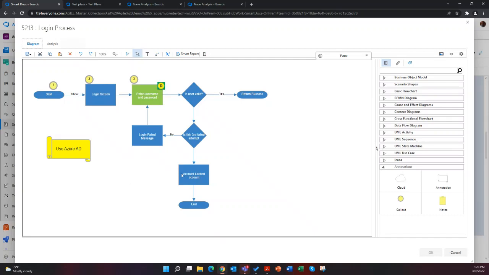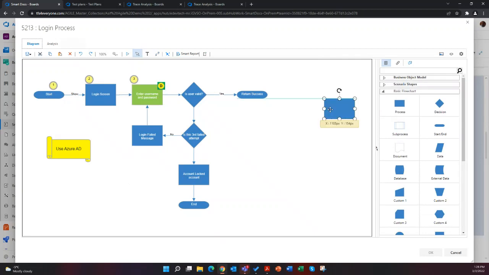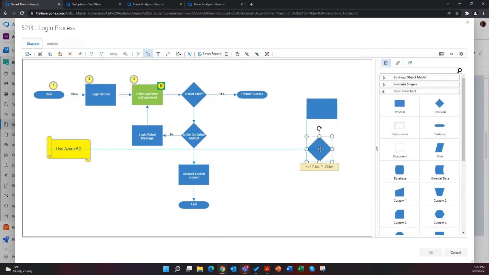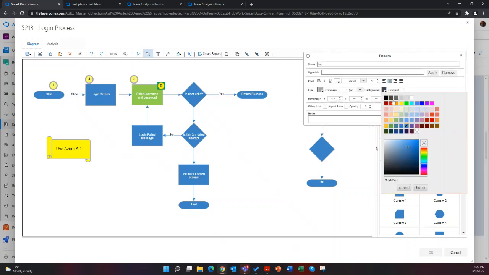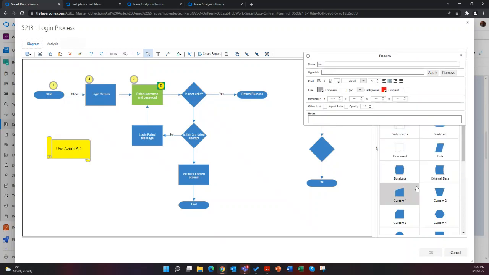Basically, you drag and drop these things and you do the needful, right? It's really a simple drag and drop like you would do with Visio. Then you can color things and format things and so on and so forth. Okay.